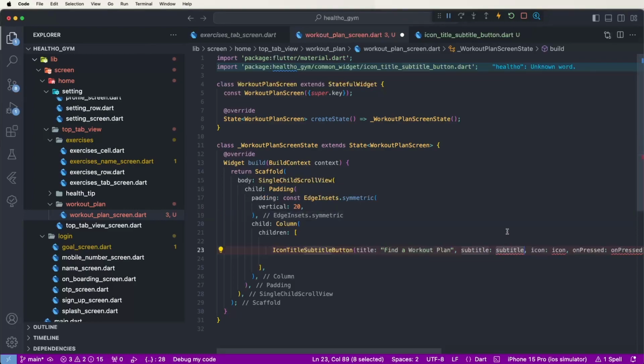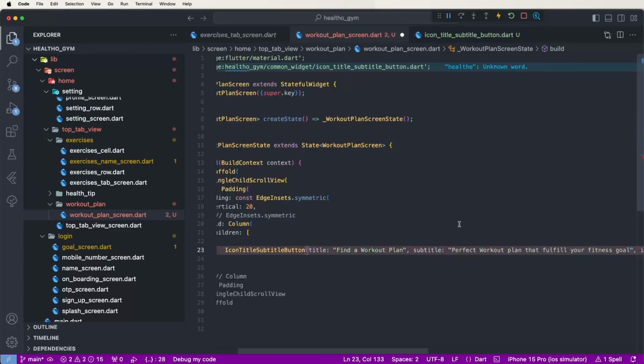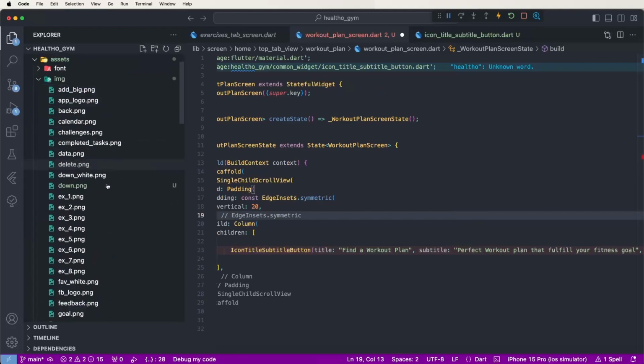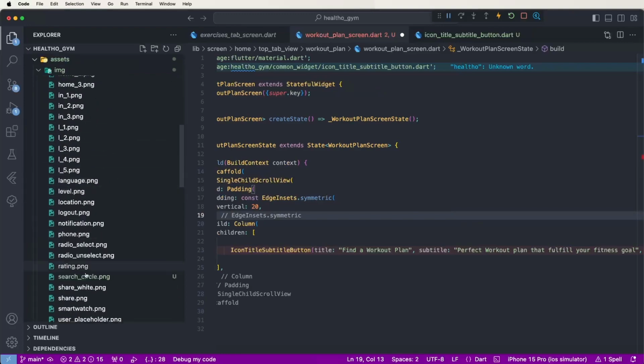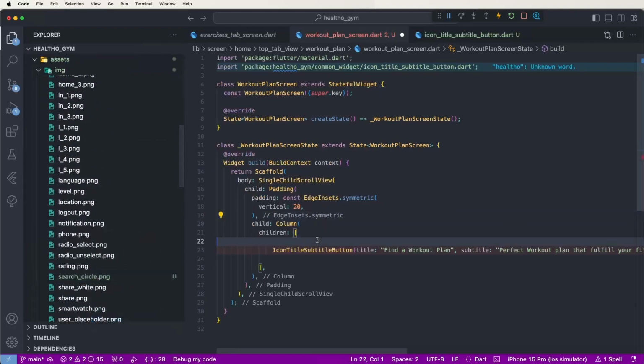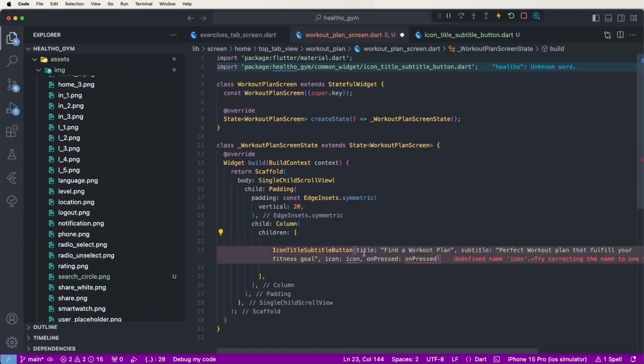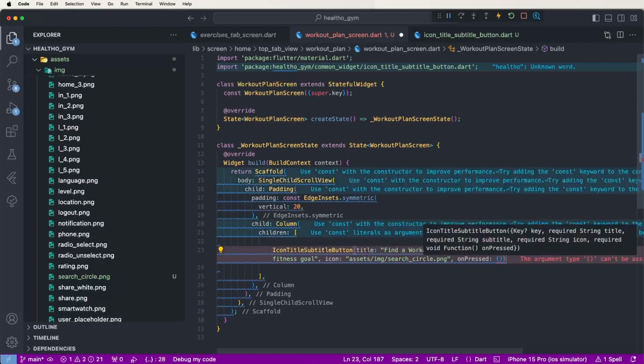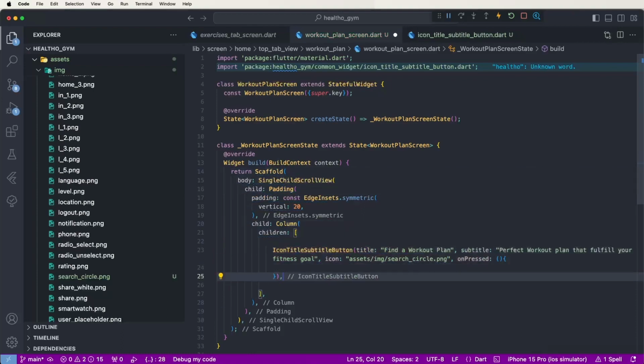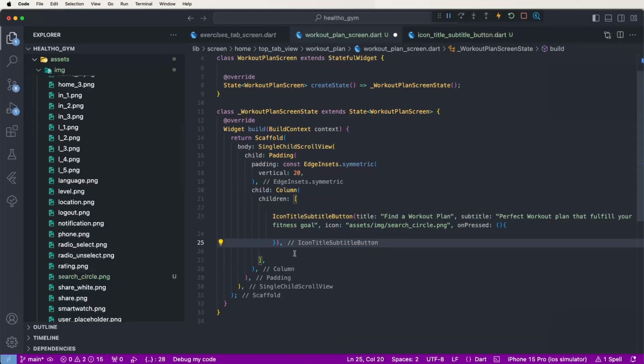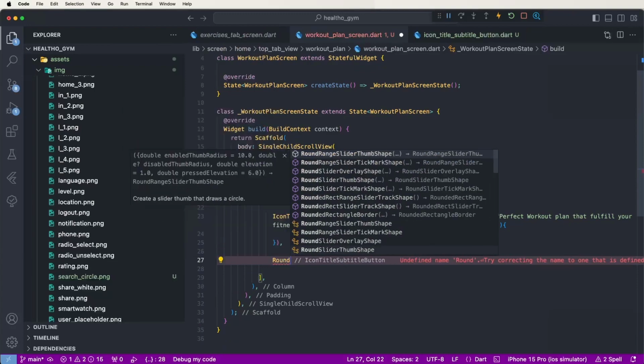Need to set here the subtitle, then after need to give this the image, find out here the search image, copy relative path and set this here, and now need to write down here the on press event like this, with semicolons, like this configures here, and set this here. Now need to develop here the round